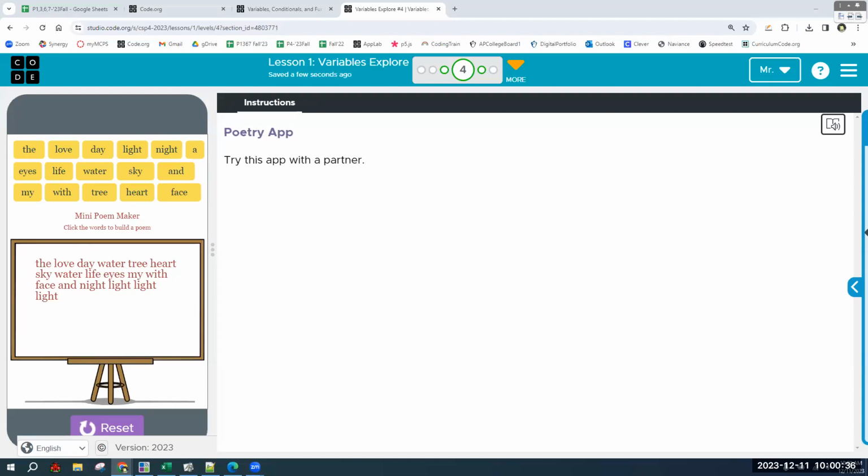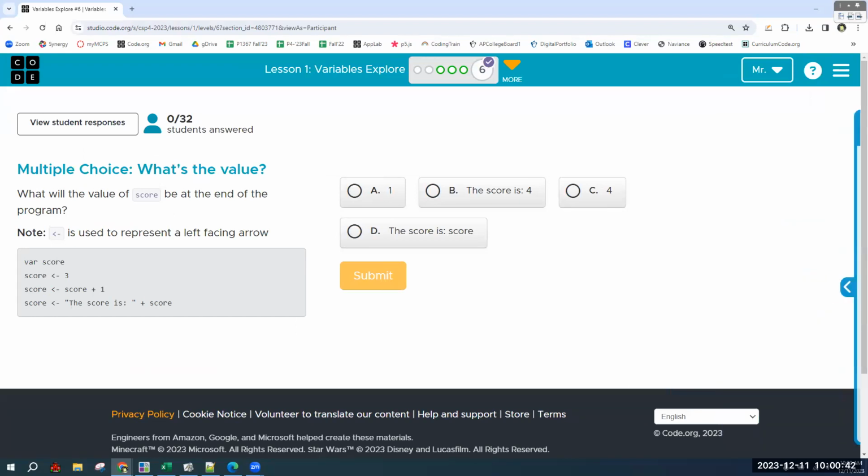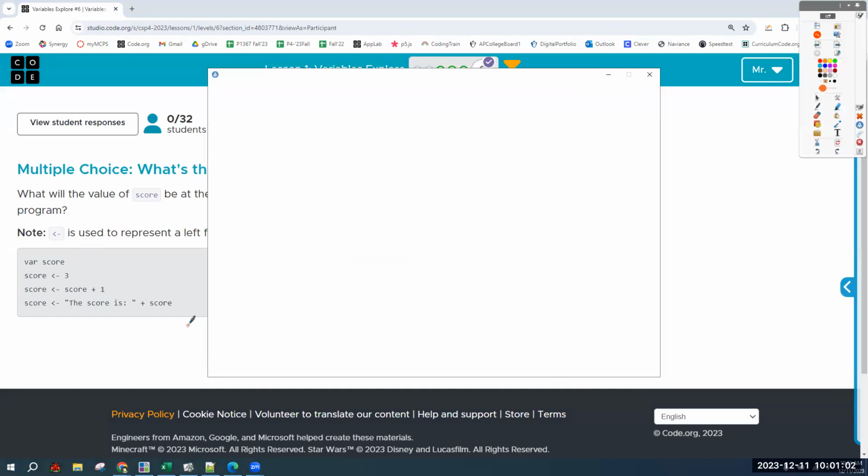So we are going to go over this because this is a type of question that will be on the AP exam. Okay, so this format of code is called pseudocode. And it is just sort of a generic way of writing program code. And the reason why it exists is because,